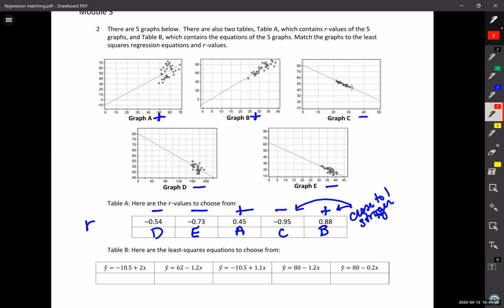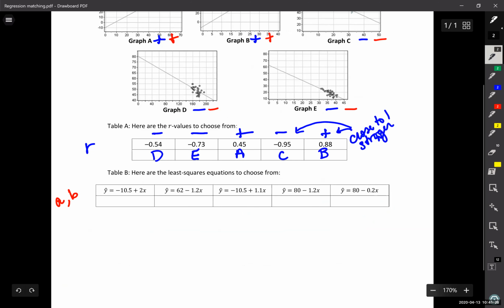So looking at slope, well, slope and R have the same sign. So positive, we're looking at A and B in this picture. Okay, so slope, positive. This line goes down, this line goes down, this line goes down. So R and slope are not the same number, but they are the same sign. I'm going to write that. That sounds like a big deal. R